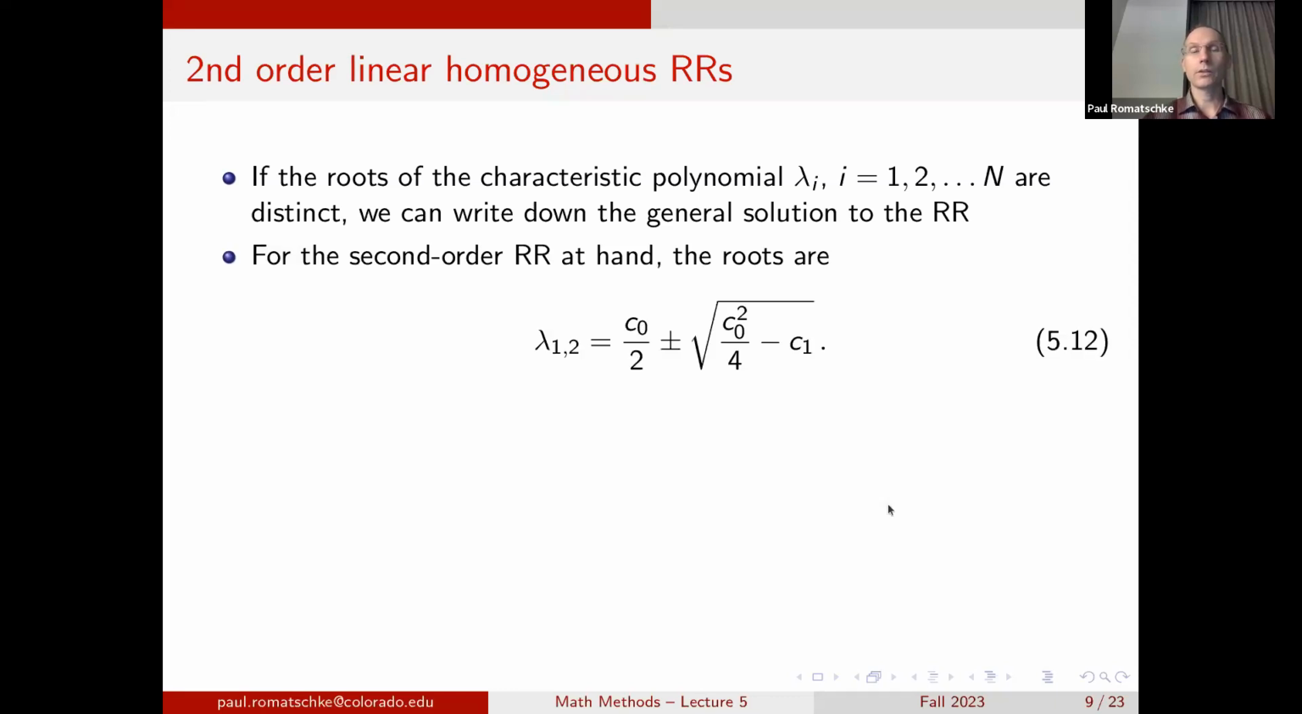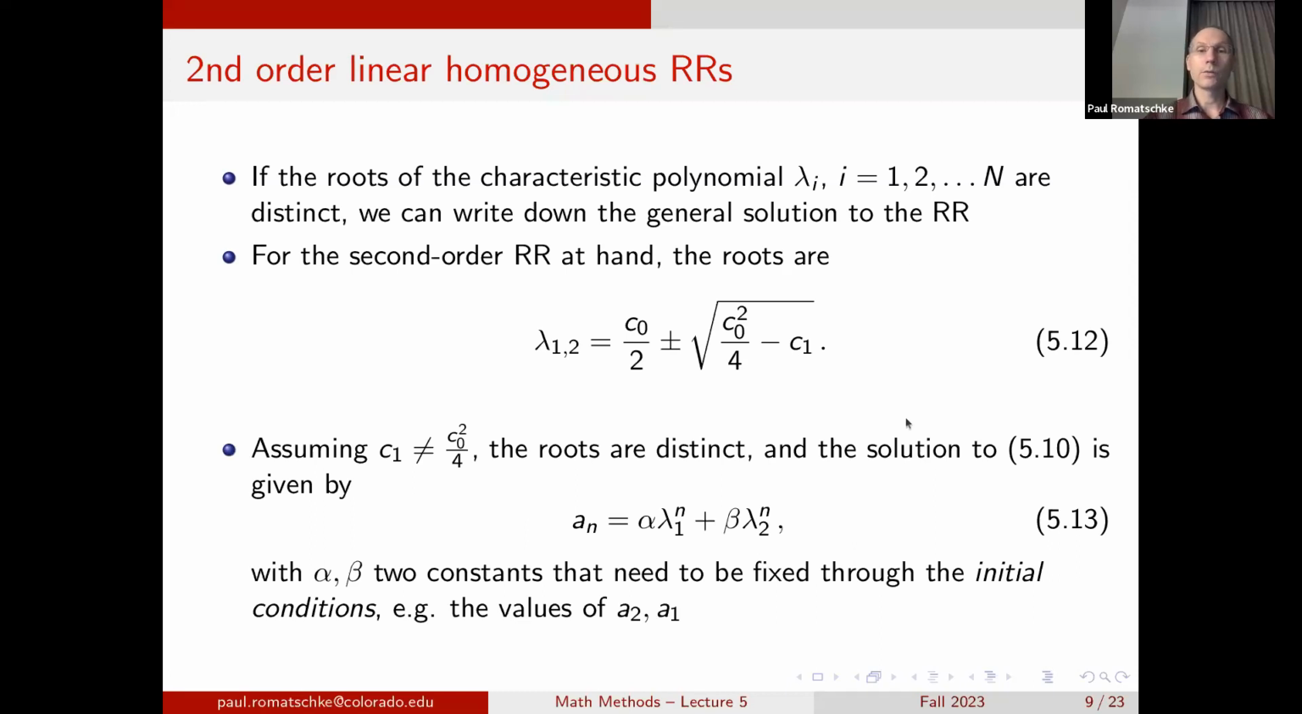For the second order recurrence relation at hand, we can write down the roots in closed form. They're given by equation 5.12. And we find that the roots are distinct as long as c1 is not equal to c0 squared over 4. So in this case, we can write down the closed form solution to the recurrence relation as given in equation